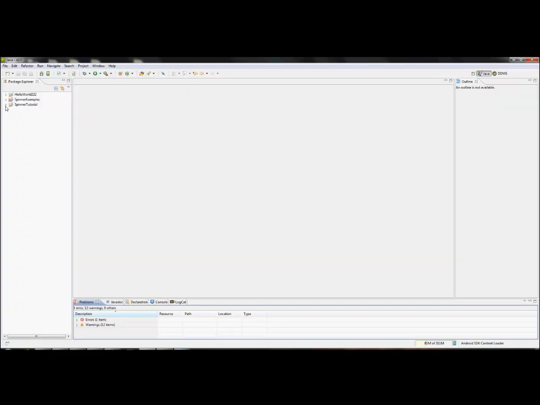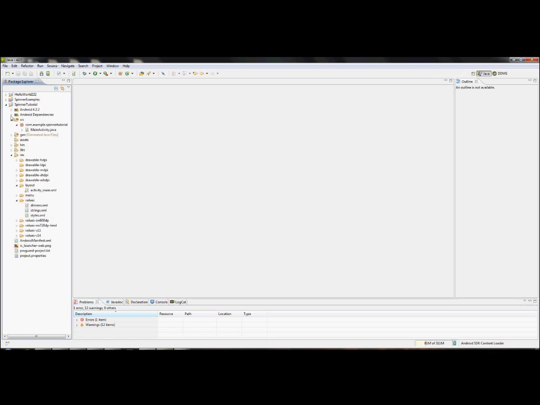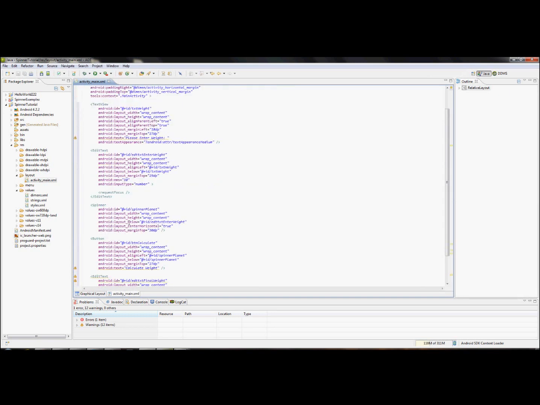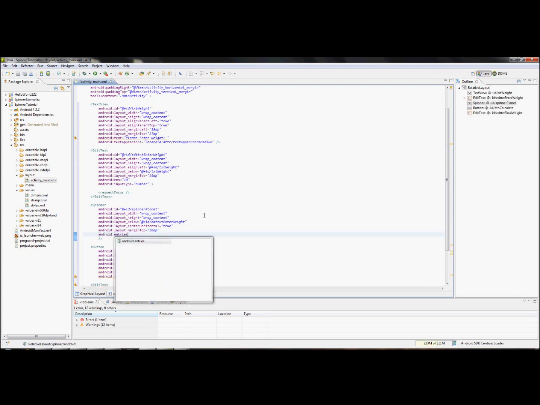For this next step, we're going to add all of the elements to our spinner, which is in this case our planets. So we're going to go to our project, spinner tutorial, we're going to go to resources, we're going to go to layout, we're going to go activity underscore main, then we're going to go from graphical layout to activity underscore main.xml. We're going to go to the spinner and we're going to add in this little piece of code. Android entries